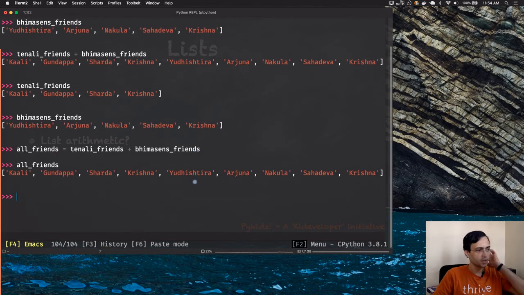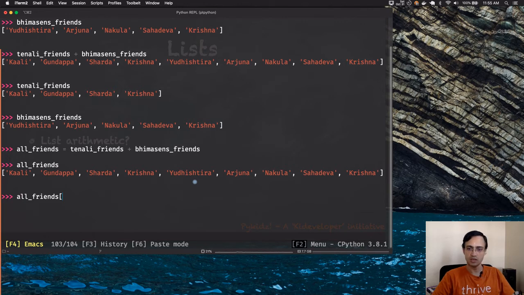That's got everybody. Now this is a new list and we have two Krishnas in this list, right? So obviously the first value refers to Krishna Devaraya, right, the king. But this is confusing because we have now two lists. So let us reduce this confusion. I'm going to use the indexing method and change the value of this list, right? Let's do that. I'm going to say, so Kali is on index 0, Gundappa on index 1, Shada on 2,